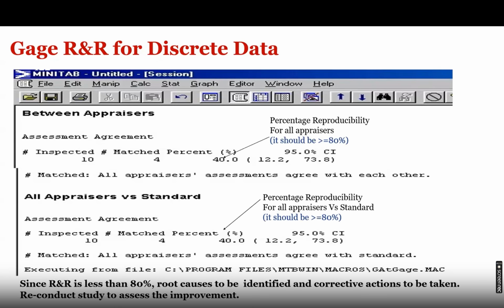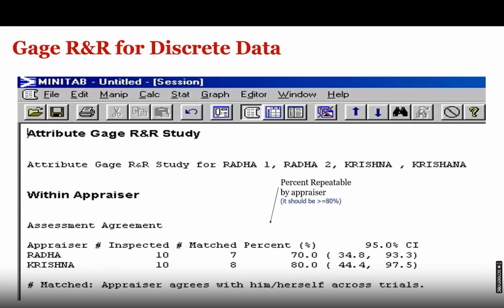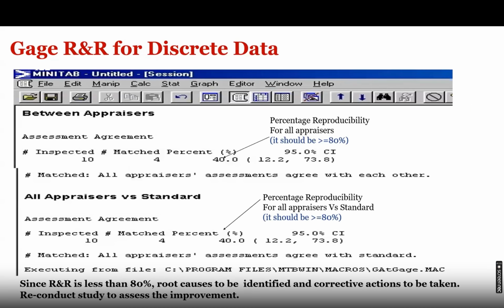Next one, between appraisers. They both have measured 10, only 4 have matched, so 40%. And all appraisers versus standard, the same result comes, it is also 40%.